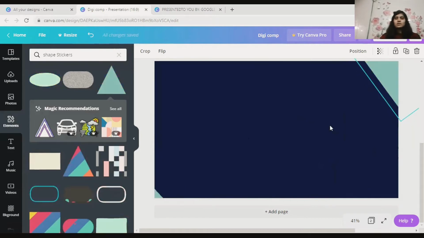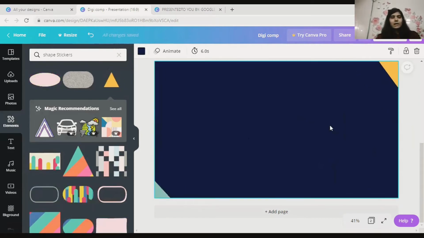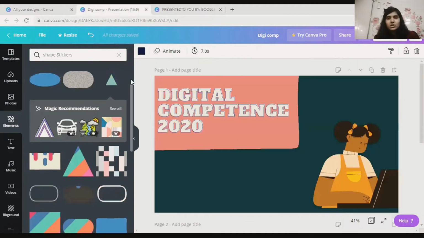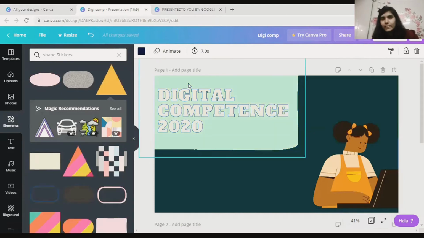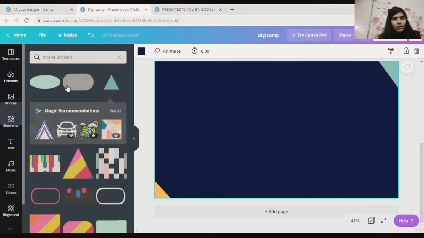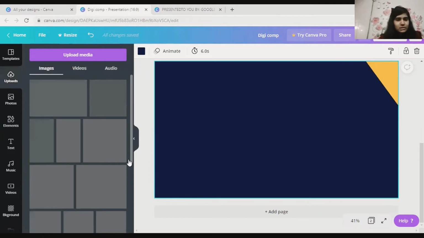Okay. So now you can see this is the layout. Now, for example, if I'm creating this slide for educational videos, what I will do is I'll just show you what all I can do using this, right?